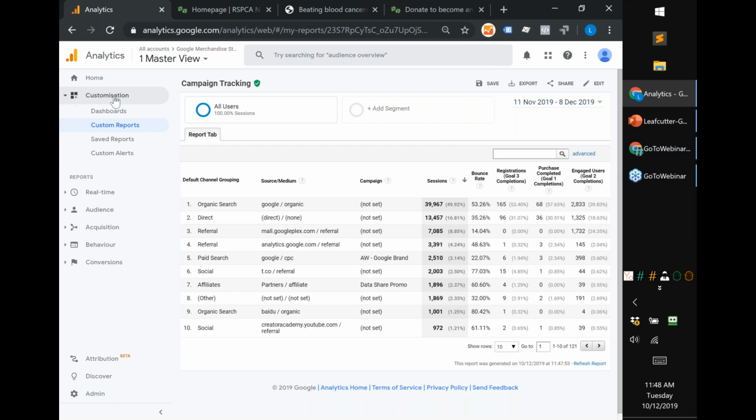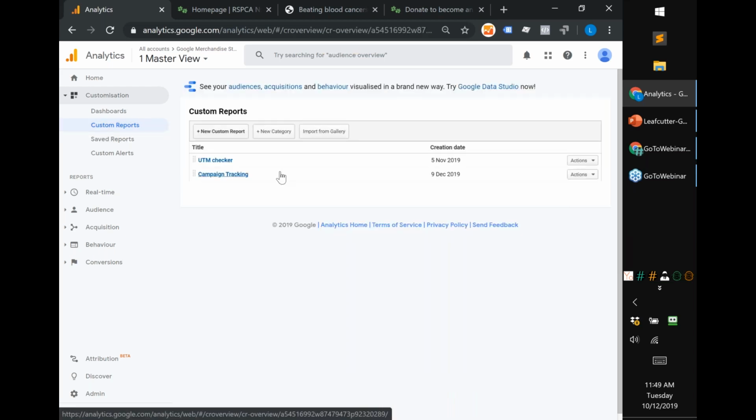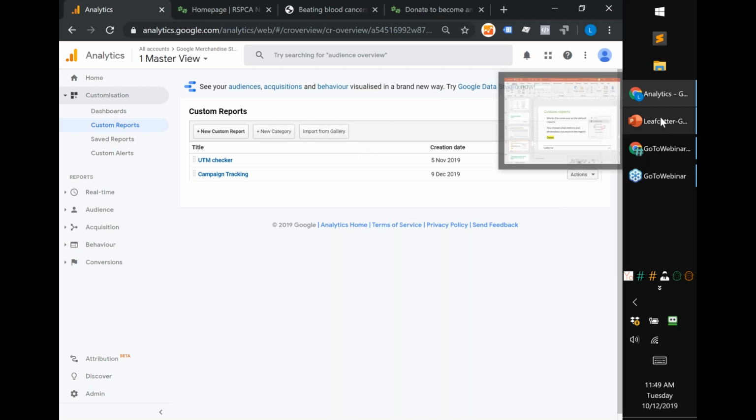So again, the place to find that is customization, custom reports. Go have a play around. You can't break the underlying data in Google Analytics through the custom reports, so you're not going to screw anything up. The other thing is when you create a custom report, it's for the user you're logged in as. So other people won't necessarily see those custom reports straight away, but there is an ability to share. You can just share them with other people. They'll get a link that creates that same report in their login as well. And there's also a gallery there too, so you can see other reports other people have created.